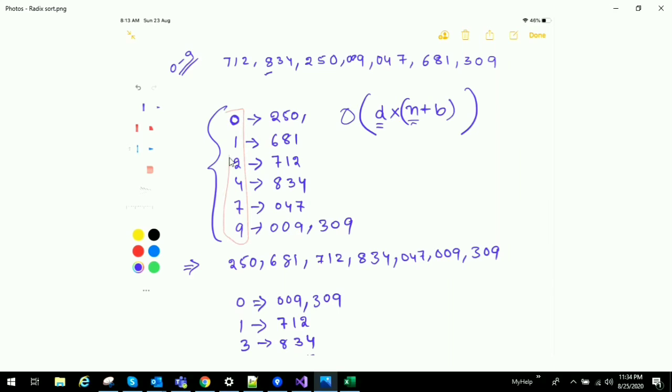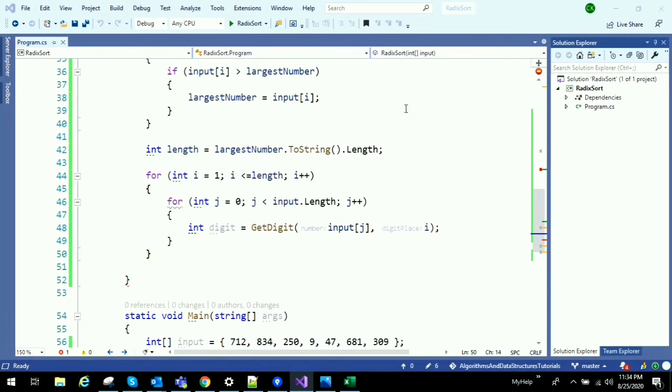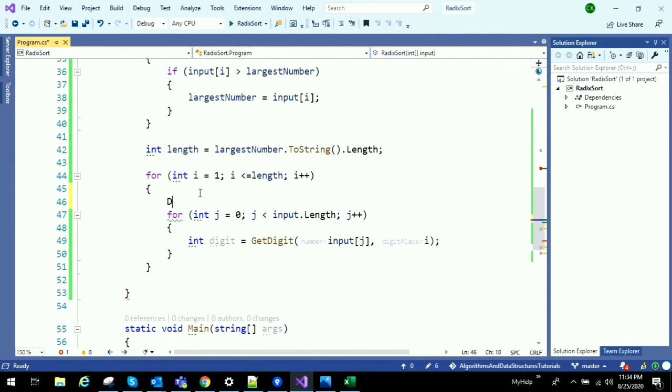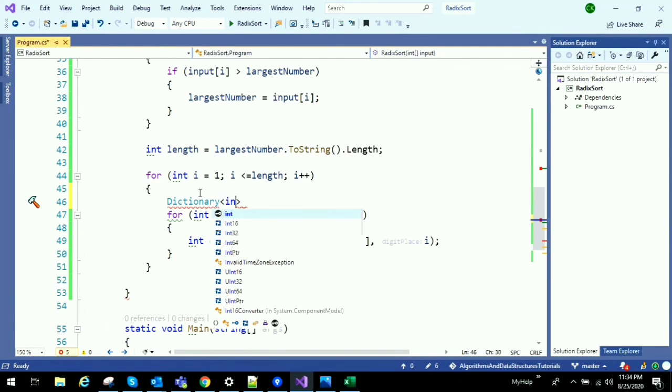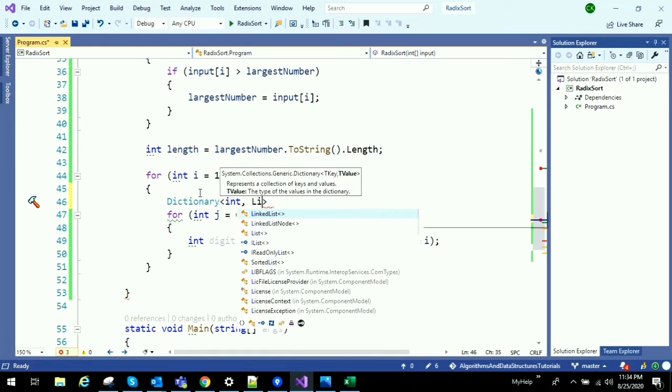So all keys, and these are all values. Key values range from 0 to 9, and for each key there can be more than one value. For example, here key 0 is having two values, that is 009 and 309. That's the reason I am taking a dictionary where key is integer and value is a list. Let's define that. Key is integer and value is list of integer.